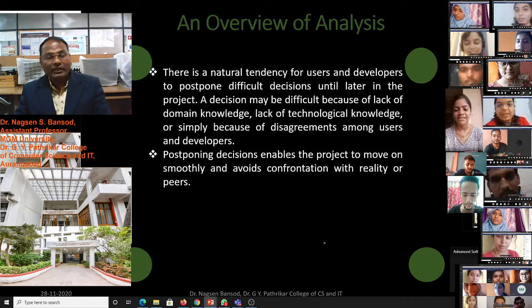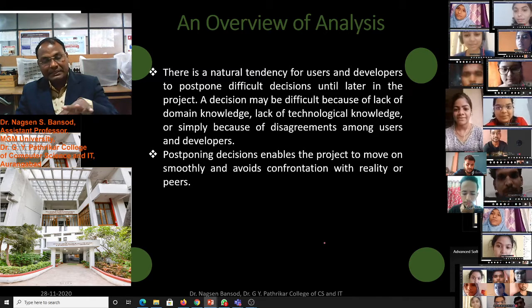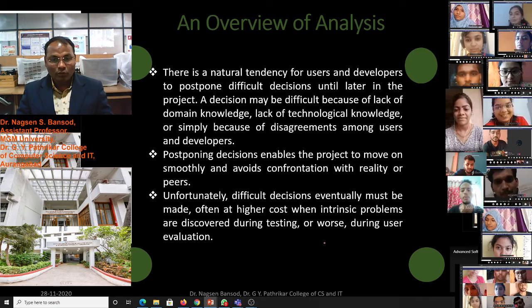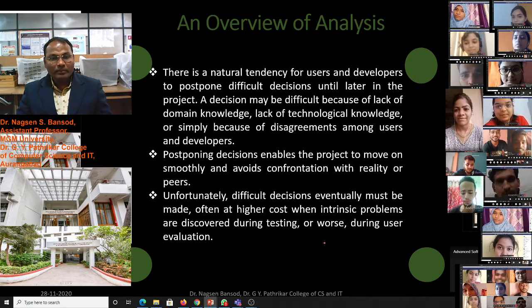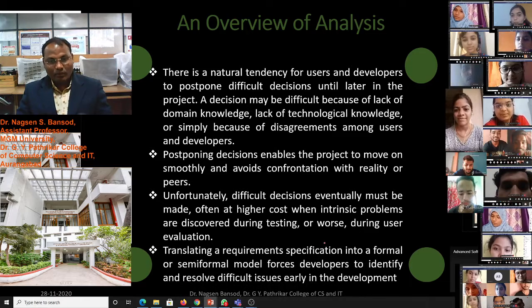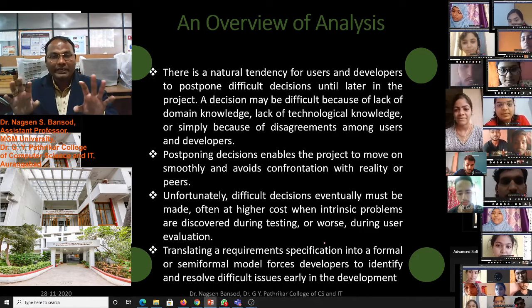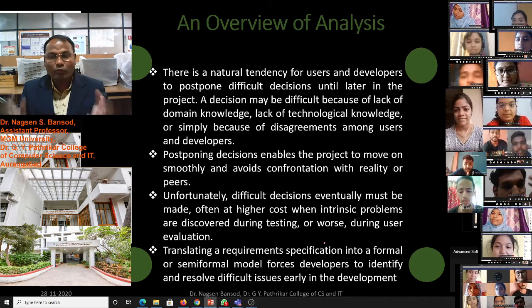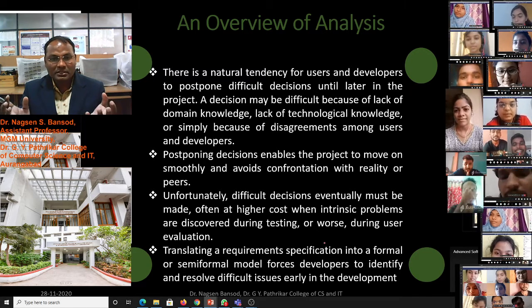But if we come back to the previous step at last, then it will be very difficult to do. So unfortunately, a difficult decision eventually must be made, by breaking it into small objects and talking with other developers. How do we find the solution in difficult situations?